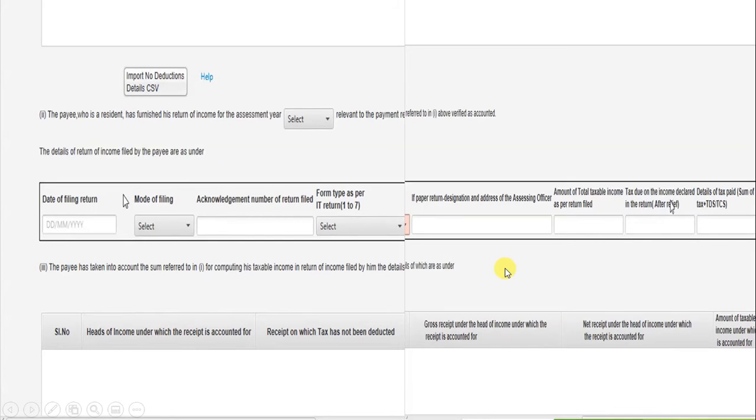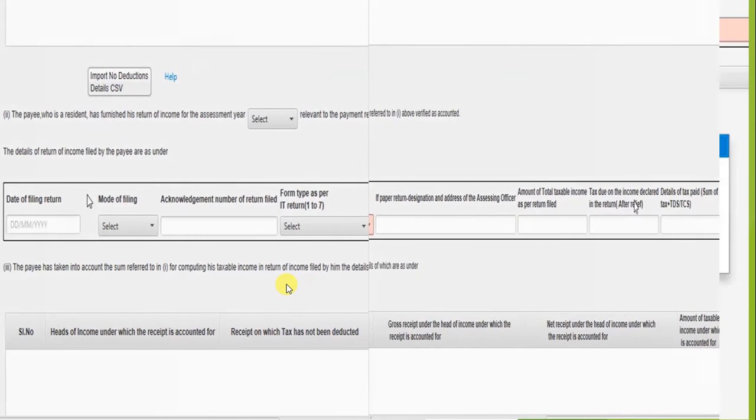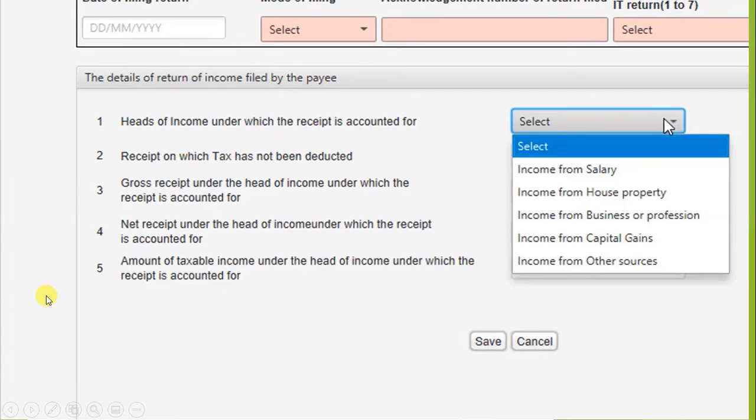So once the CA enters the payee details, here the last and final step, the CA has to enter the income details for which the CA is issuing the Form 26A certificate. Continuing with the same example, 100 rupees is the tax expenditure amount. On top of 100 rupees, TDS has to be deducted at the rate of 10%. Let us say short deducted at the rate of 5% and short deducted 5%, balance 5%.